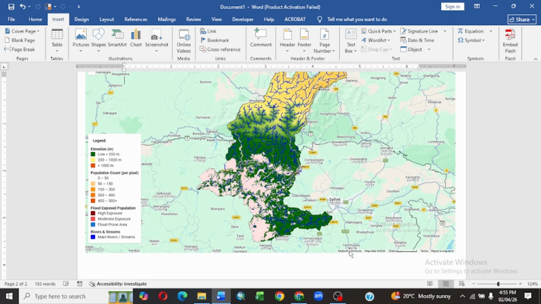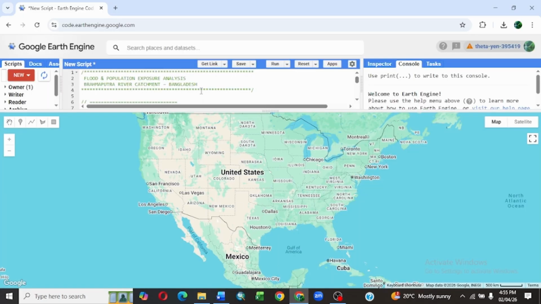So let's move to the Earth Engine interface. I will start writing the script and explain each command in detail so that you understand not only what we are doing but also why we are doing it. So here is our Google Earth Engine interface. First we will add our